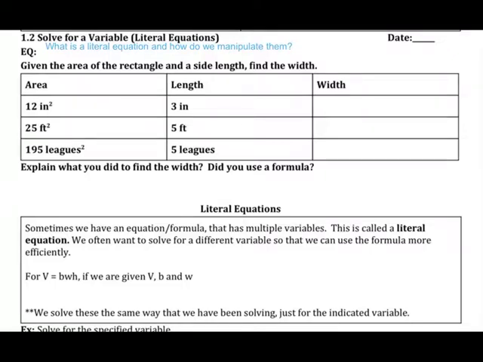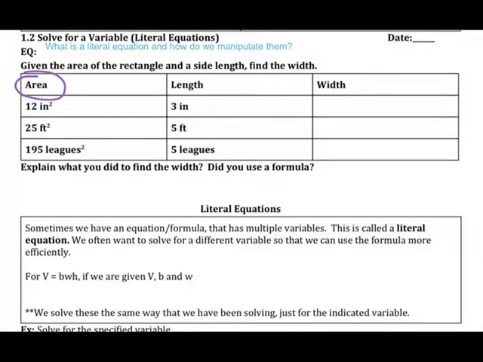Today we're going to talk about 1.2, solving for a variable or solving a literal equation. And our essential question is, what is a literal equation and how do we manipulate them? So what I want you to think about first is if you were given the area of a